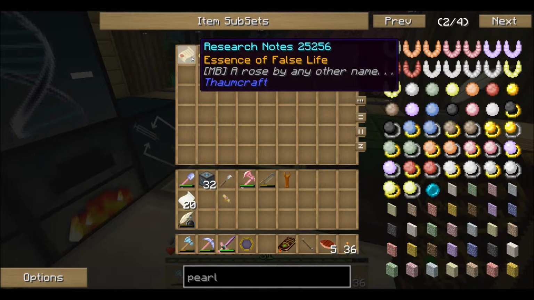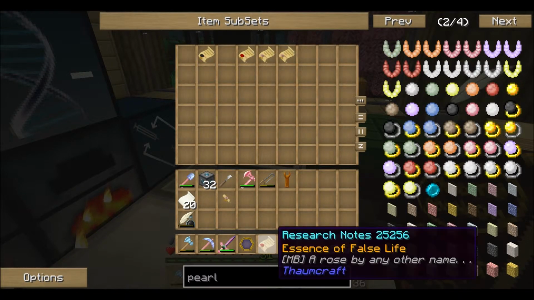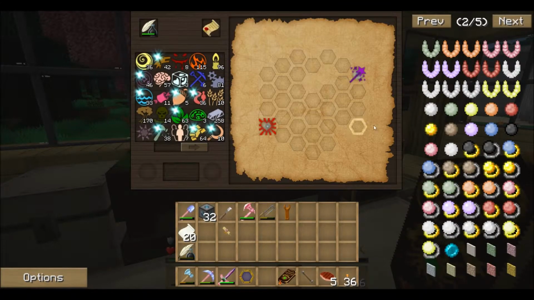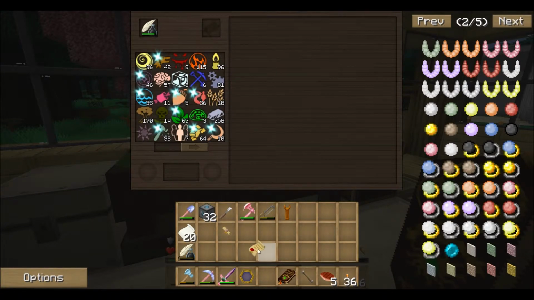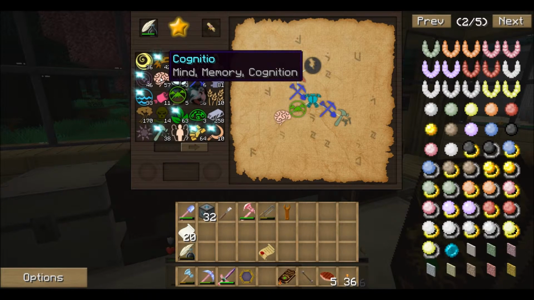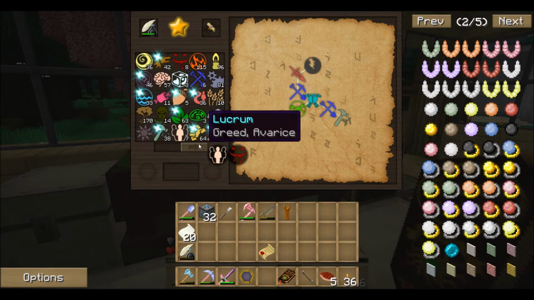Let's do another research. Let's do the false life so you guys can see. Now, as we're moving further in the line, it will get harder. Let's take a look at this one. This one required me to connect 3 things, and I've already got it completed, but I wanted to show you it. The destruction table. So I had to connect the Cognito and